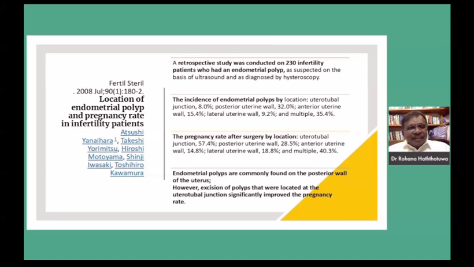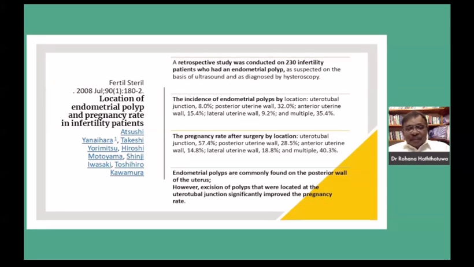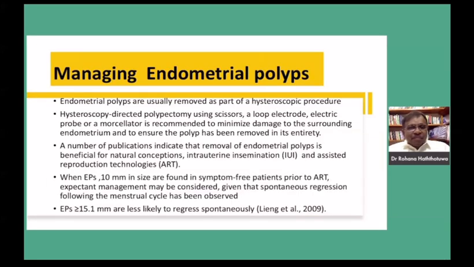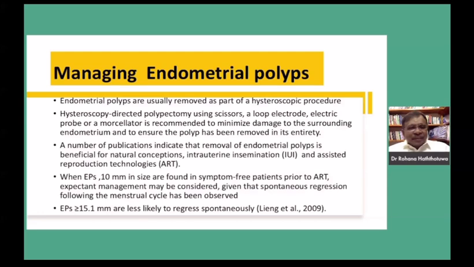And also there have been studies done to find the relation between the location of the endometrial polyp and the pregnancy rate, and it has been found that endometrial polyps are commonly found in the posterior wall. However, the excision of polyps which were located on the uterotubal junction significantly improved the pregnancy rates. So, if we are going to remove the endometrial polyp, it should be hysteroscopy directed polypectomy using scissors, loop electrode,